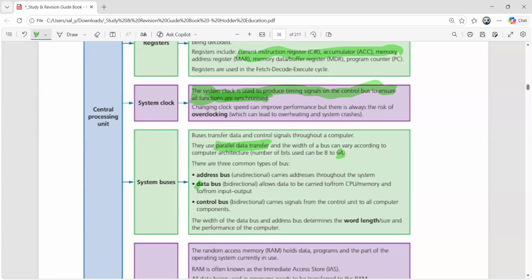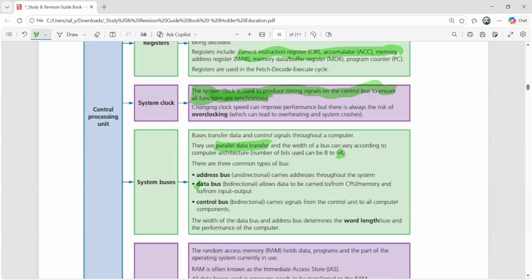Any question can come in the paper. You should just be very clear that 64 bits means it can be addressing 8 bytes of memory location. Definitely 8 bytes, and another one is 32 bits, so definitely 4 bytes. 32 bits to 64 bits means it's double. So this is what we need to be very careful about. A question from this topic can come in different styles. And I think a lot of questions are there which you have solved also from this, and they are a bit tricky at times.